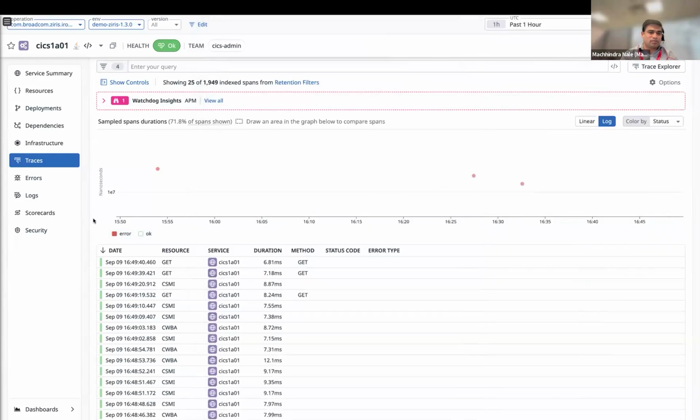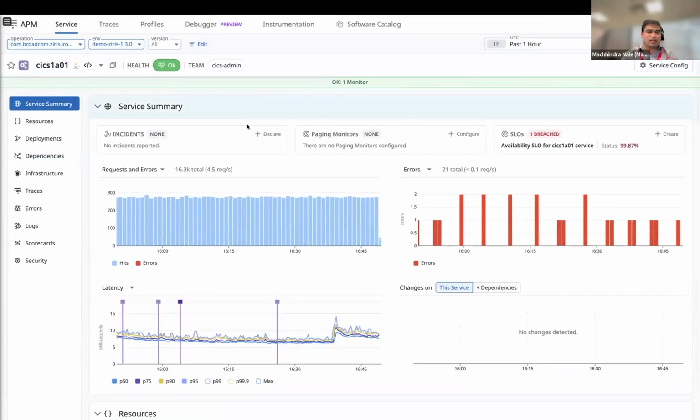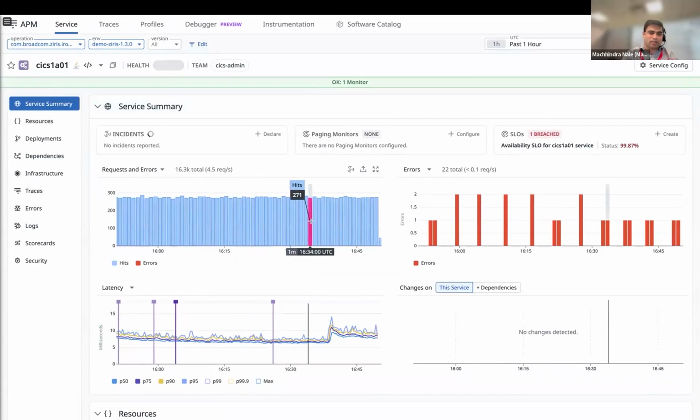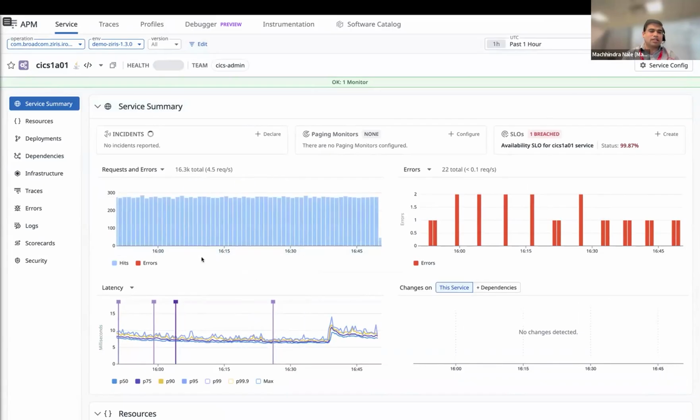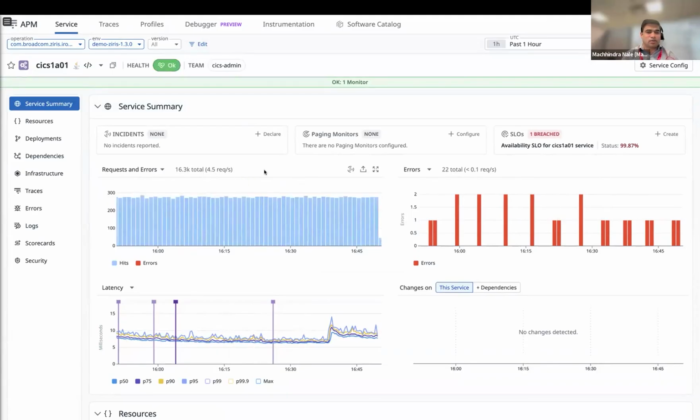Now that we looked at the traces, which is a primer, I'm going to pull out a little bit and take a look at the service from the service point of view. So from the CICS region perspective, I can now look at those traces and build this kind of graphs automatically for me. Just by looking at this chart, I can know these are the number of requests coming in, and that is 4.5 requests per second, which is the transaction rate on the CICS region. And also take a look at another chart, which is telling me how many of these requests are failing. There may be an abend somewhere, so how many of them are failing?